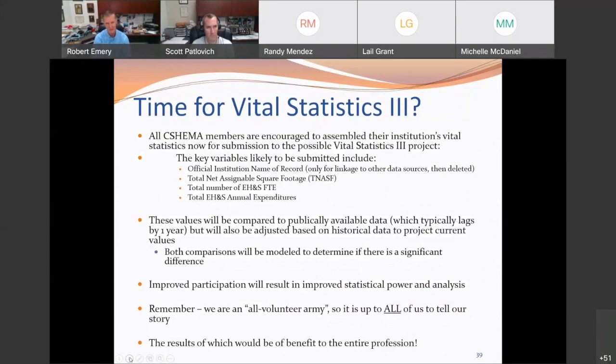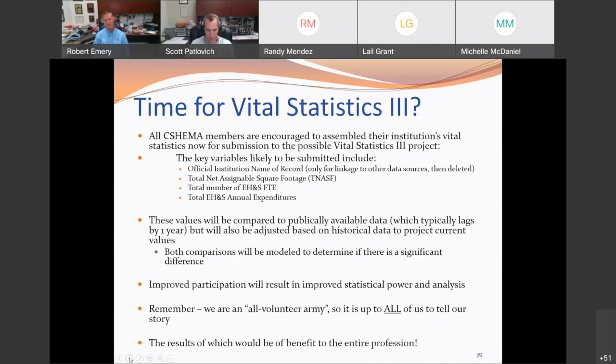What's not publicly available is the total net assignable square footage, the number of EH&S FTE, and the EH&S annual expenditures. So if we can get people to contribute those elements, then we can match them up with the publicly available data and revisit all of the associations and correlations there, which I think benefits all of us as we move forward.